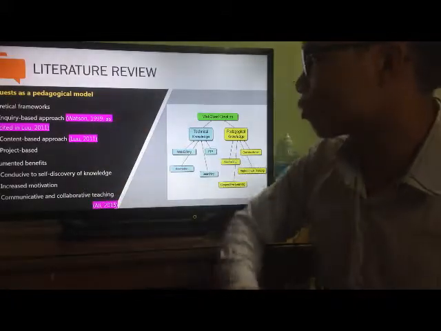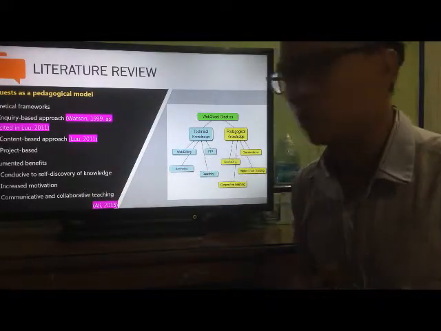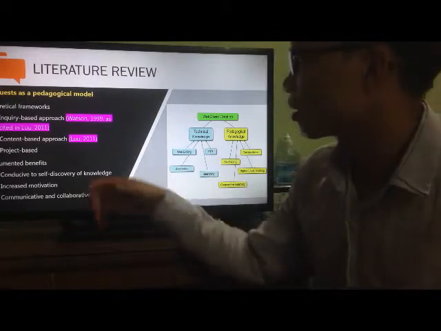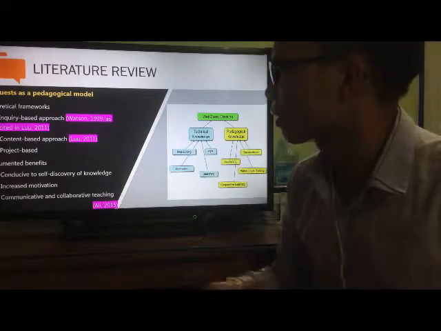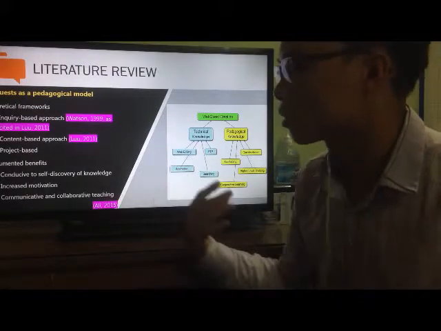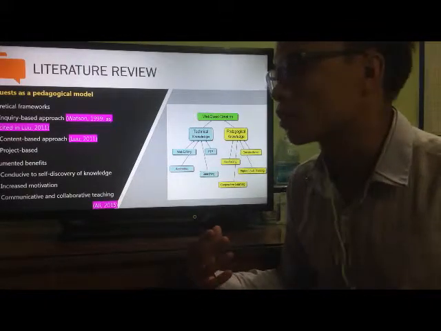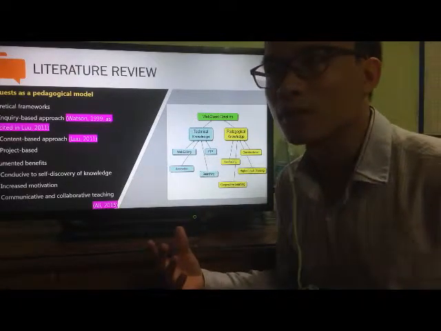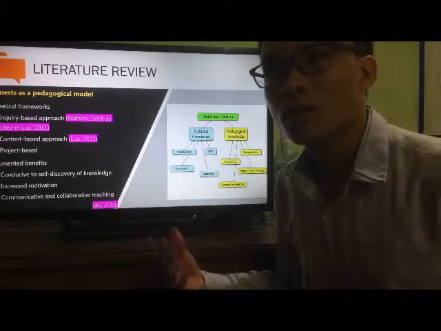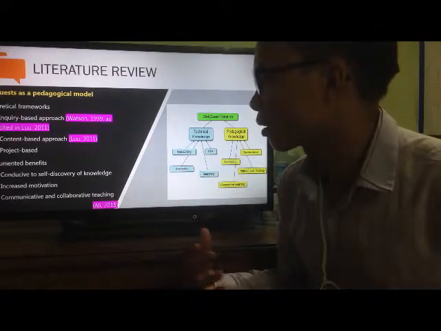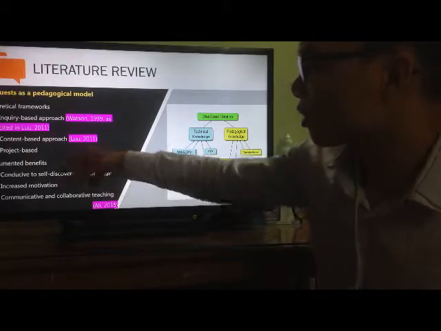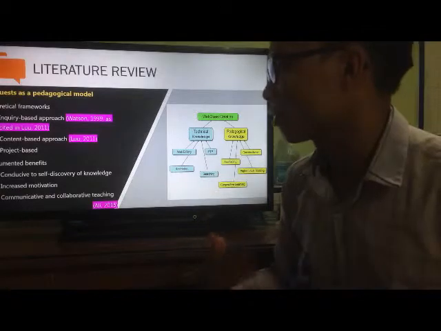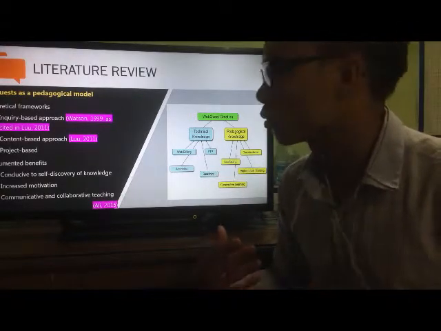The benefits of using webquests in the EFL classroom have been well documented. According to Early (2015), using webquests in EFL language classes is conducive to self-discovery of knowledge. This is because webquests allow the students to embark on a self-discovery of knowledge, and also there is increased motivation on the part of the learner when they are exposed to webquests,